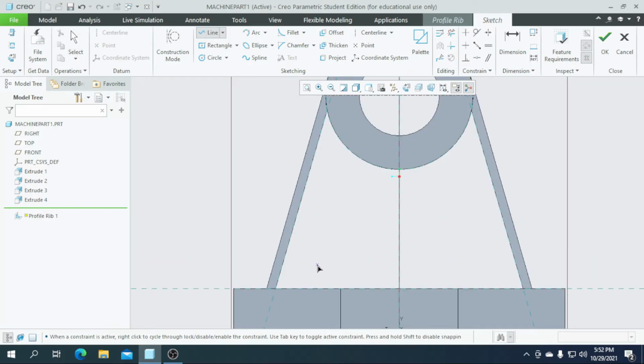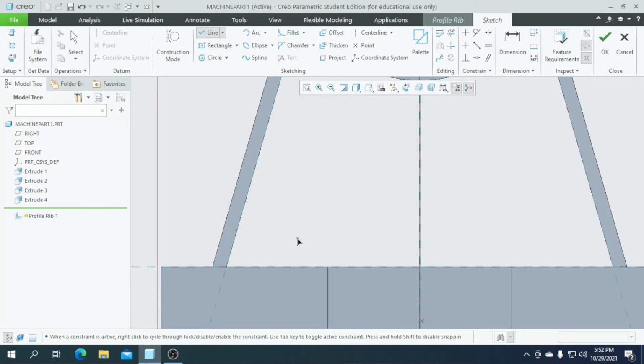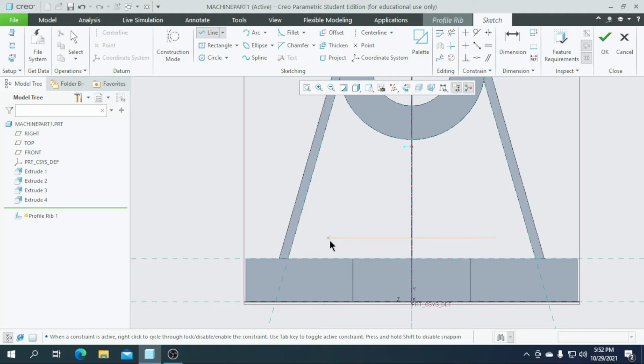So before that I am going to draw a center line here. If you want a center line you can draw. So yeah, I am going to draw a center line here. Then I am going for the line with the equal dimensions, and I am going to draw a line parallel to this reference and draw the opposite side the same.